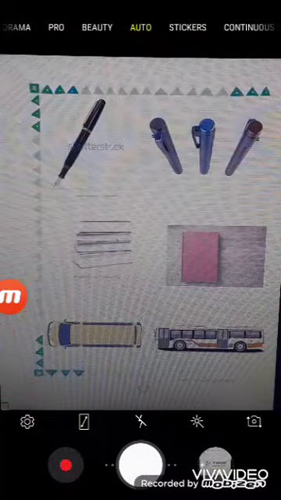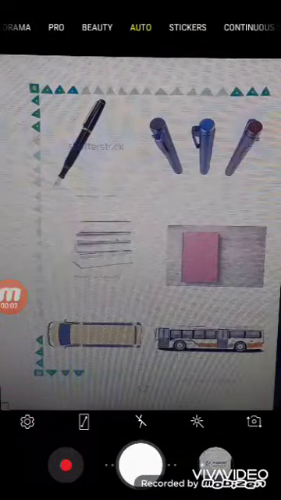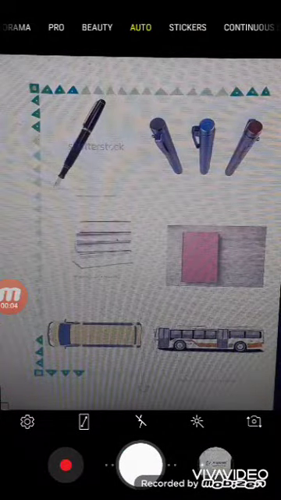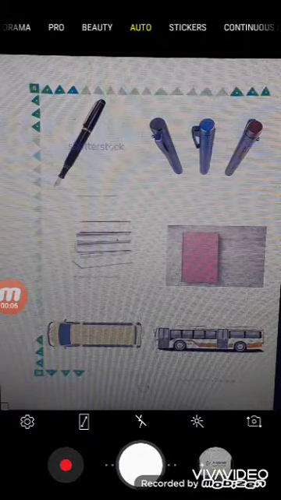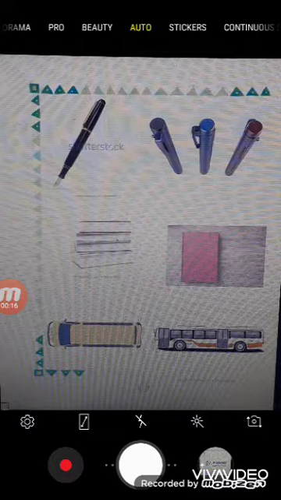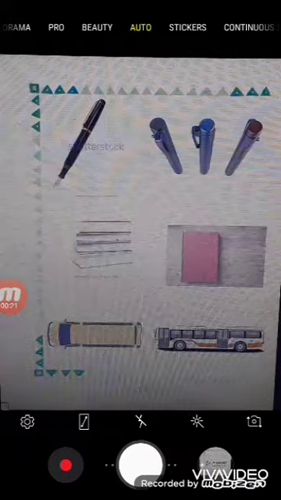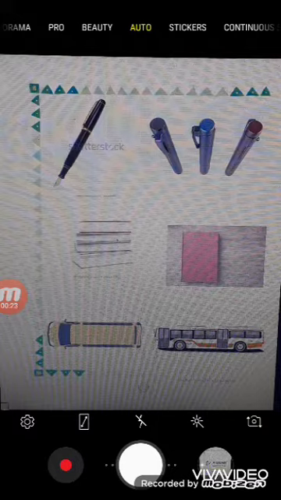Picture of the pen. Here you can see the whole picture of the pen properly. Means it is called the side view of the pen. In the next picture you can see only the upper portion of the pen. Means only the top portion. Means it is called the top view of the pen. Next picture is of the books. See, here it is the side view of the books. Okay? And in the next picture you can see only the upper part of the book. Only the cover of the book you can see. So it is called the top view of the books.